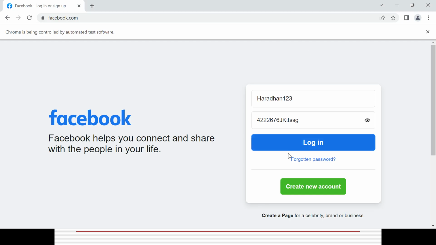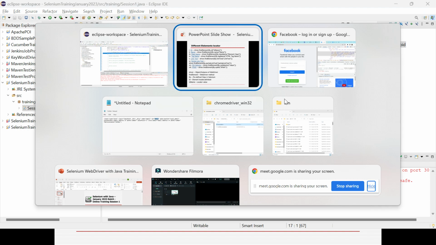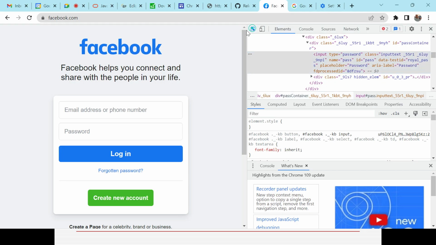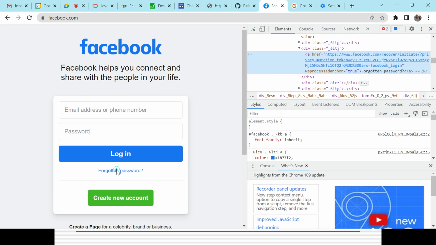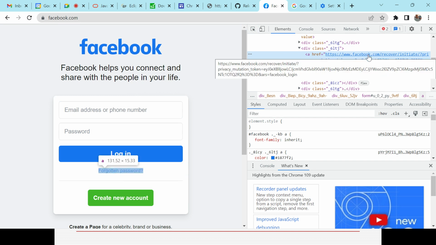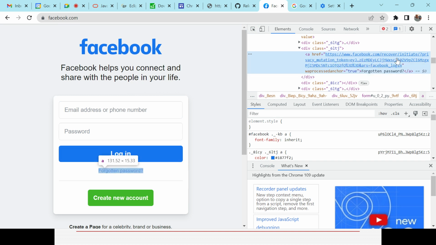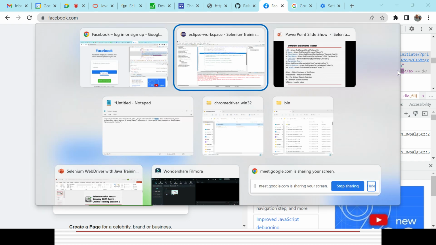So now I want to click on that link. How can I interact? In case of a link, let's see what different element properties are available for the link. You could see no ID, no class, nothing is available, only the text is available. So I can go with link text or partial link text. In case of partial link text, you can give the partial part. If it is link text, you need to give the complete text. So I will go here,